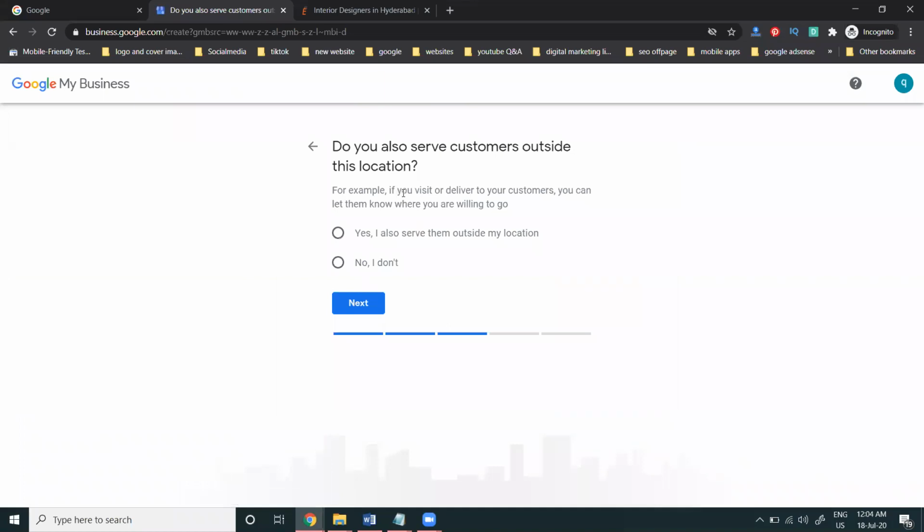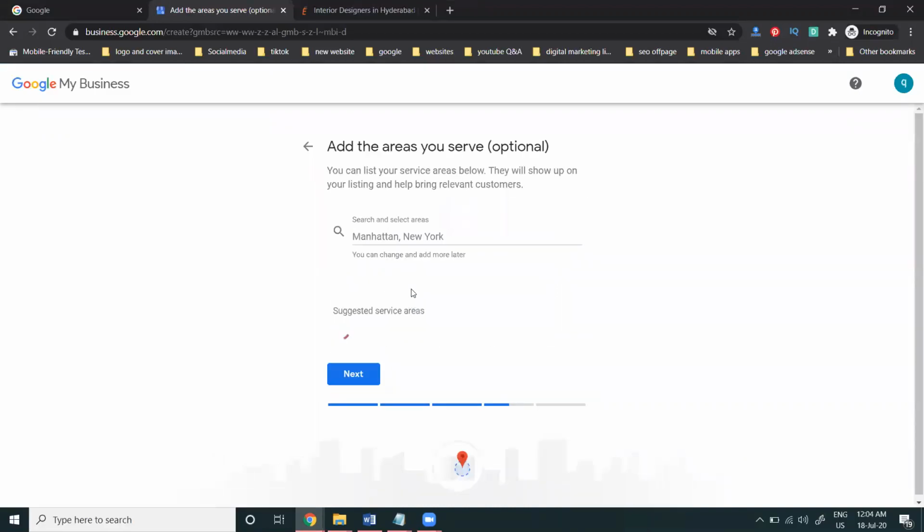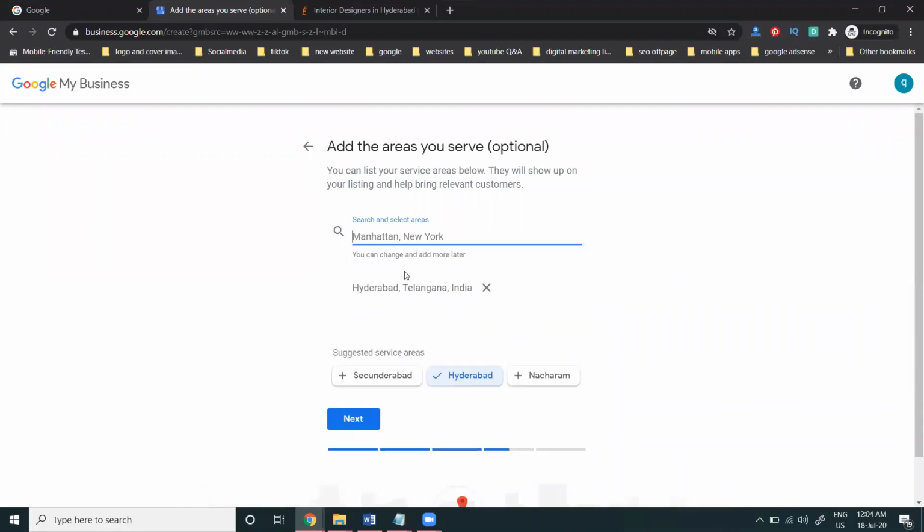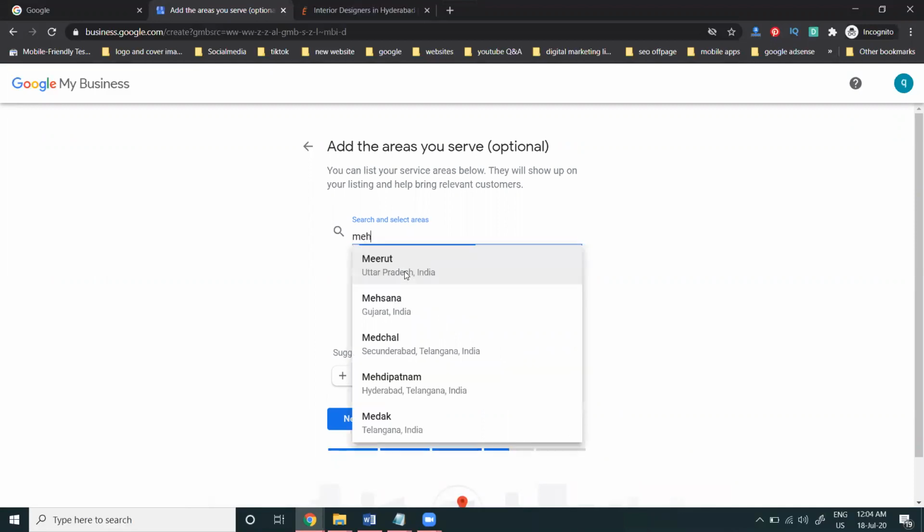Here, do you also serve customers outside this location? We can serve nearby locations outside also. I can sell to the particular outside of my location. Next, here we will be adding them. Where you can add the particular location, Hyderabad. So what are the locations here? Particularly Mehdipatnam,